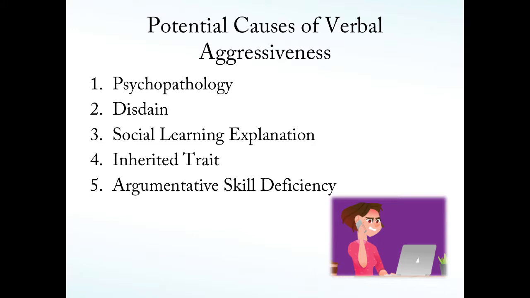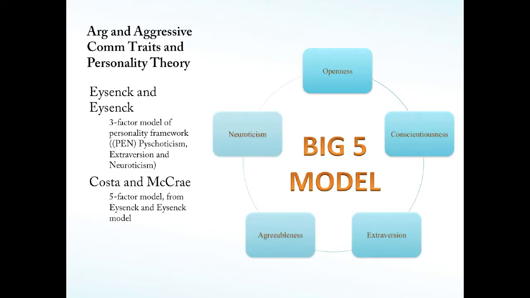Kind of coming full circle now, we're going to come back to the big idea of personality trait theory as it was established by Eysenck and Costa and McCrae. A couple of communication traits, not just verbal aggression, we're going to couple more tightly with the larger framework of personality trait theory. And I'll start by giving you a brief recap of the Big 5 model that we discussed in Unit 2. One of the personality traits in the Big 5 is neuroticism.